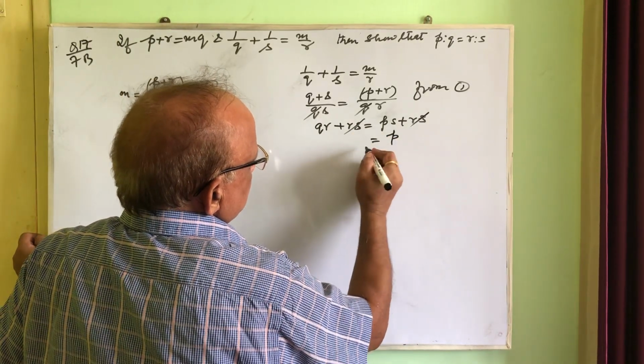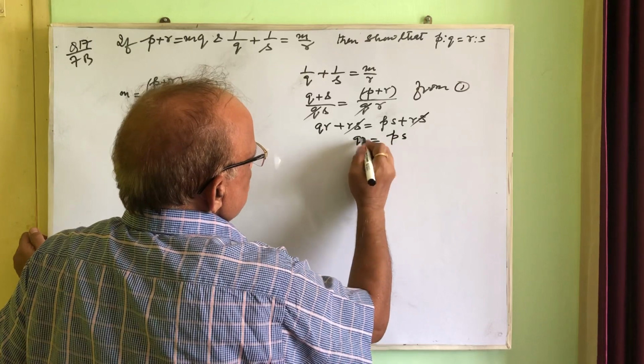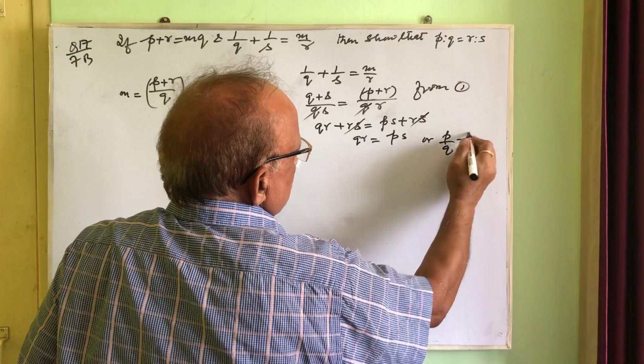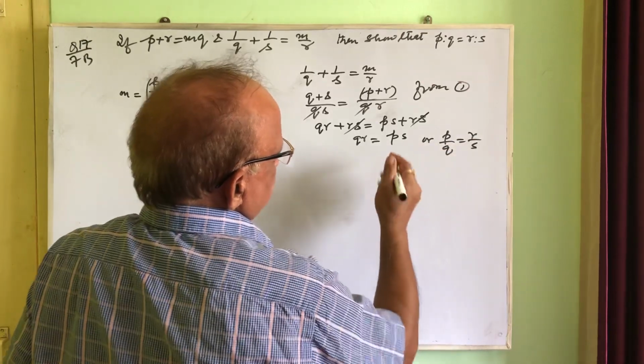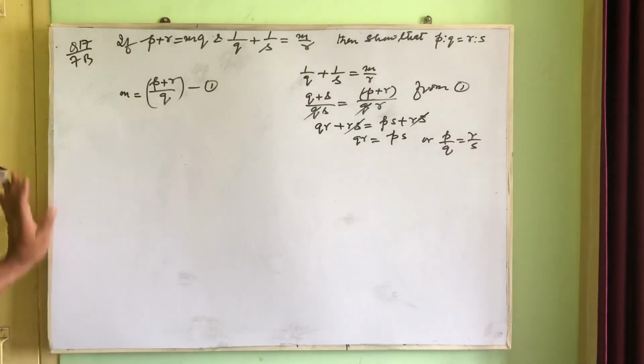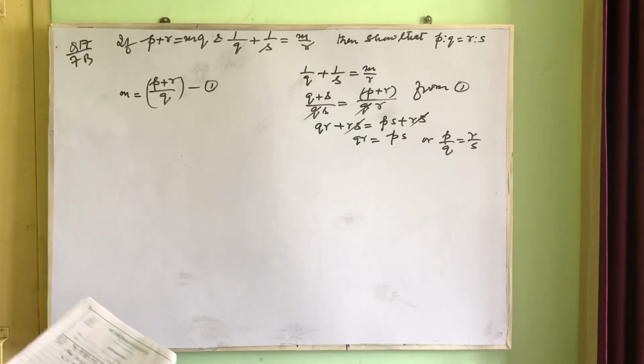Therefore ps equals qr, or p by q equals r by s. p by q equal to r by s means they are in proportion. Now question number